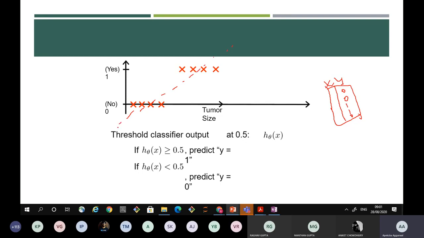So the idea here is hypothesis: if the value that I calculate of this theta naught plus theta 1x, so this is my hypothesis always, because in a regression this is my hypothesis, is greater than 0.5, I will say yes, I'll predict 1, otherwise I'll predict 0. So that is as simple as linear regression. In linear regression, the only difference is y is something numeric.